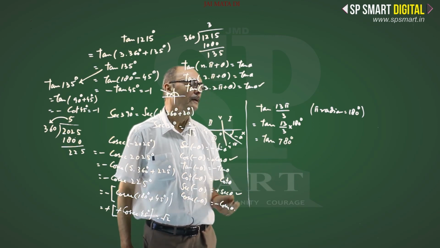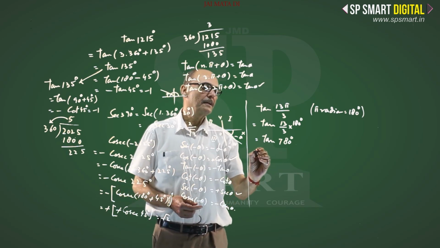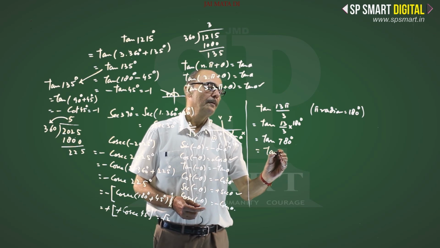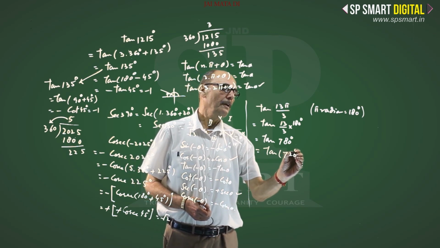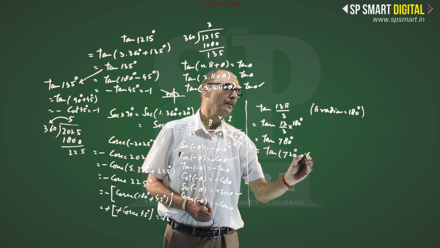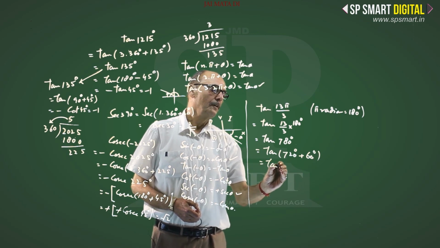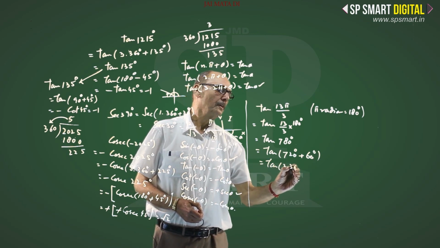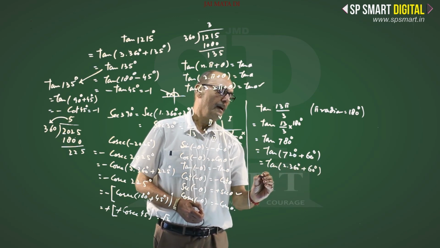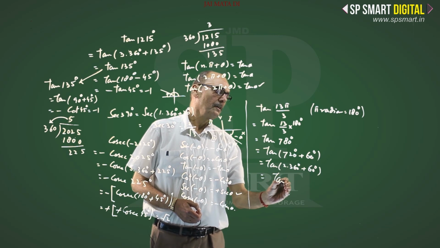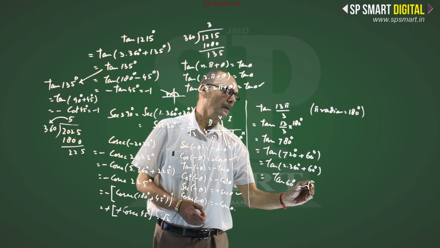If you simplify, 780 can be written as tan of 720 degree plus 60, that is tan of 2 into 360 plus 60, or this is equal to tan of 60, which is equal to sin 60 upon